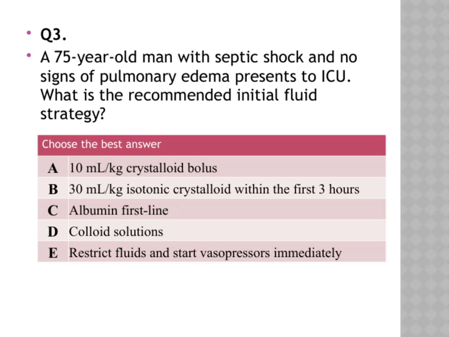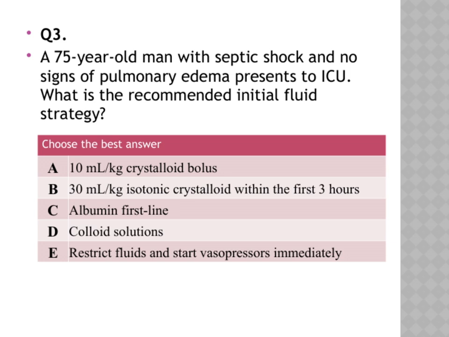All right, let's take a closer look at this scenario. We have a 75-year-old man with septic shock, and importantly, he shows no signs of pulmonary edema. Now, when considering the initial fluid strategy in septic shock, the goal is to optimize perfusion without causing harm. So, looking at the options, the most supported approach is to administer 30 ml per kilogram of isotonic crystalloid within the first 3 hours. This strategy aligns with current guidelines, emphasizing early and adequate fluid resuscitation to restore circulating volume